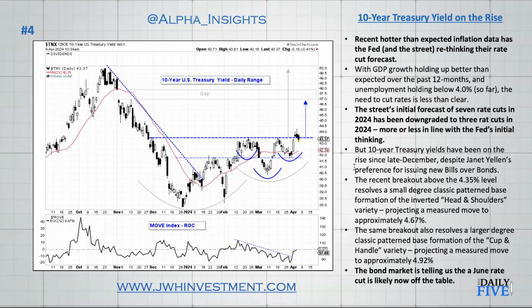The street's initial forecast of 7 rate cuts in 2024 has already been downgraded to 3 rate cuts based on CME Group's FedWatch tool, and also looking at Fed Funds futures positioning. So those probabilities have been downgraded dramatically by the street, and they're more or less now in line with the Fed's initial thinking, which was, we're probably going to see 3 rate cuts, but more to the sense that it would be back-end loaded. And I think what the 10-year Treasury yield is telling us right now, and by the